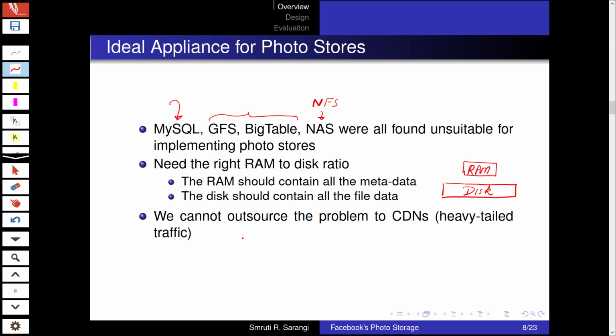And as we have been discussing several times, the problem of serving user Facebook pages cannot be outsourced to CDNs. For the Facebook pages of celebrities, yes, but not for regular users, because of the heavy-tailed pattern.